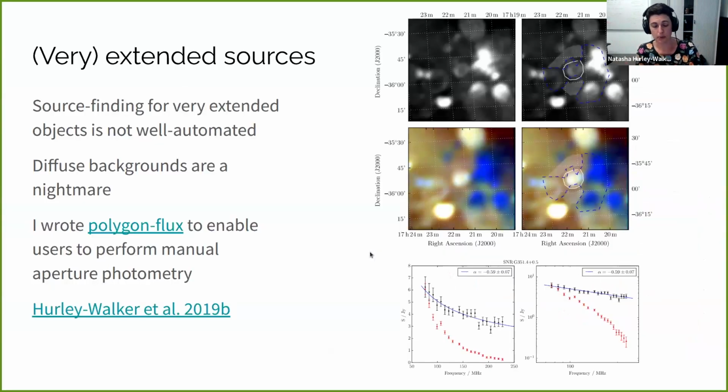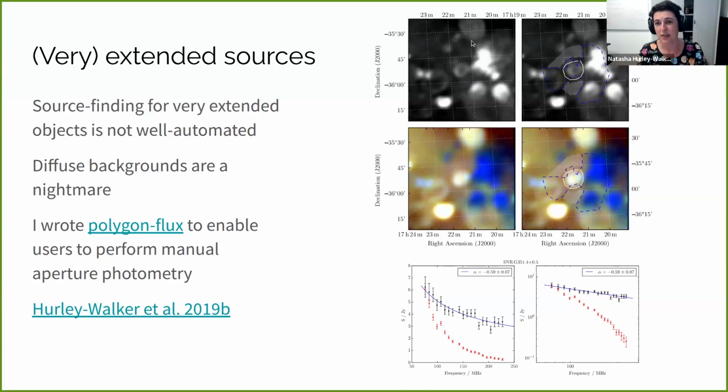That all makes sense for individual sources, and for radio galaxy and cosmology people, that's often sufficient. But if you're working in the galactic plane in areas of very, very complicated emission, there's not actually an off-the-shelf solution for this. So if you're in this situation, I have written some software myself. I would love to spend more time polishing it and making it more generally accessible, but